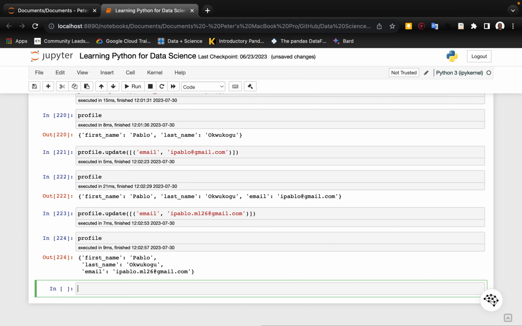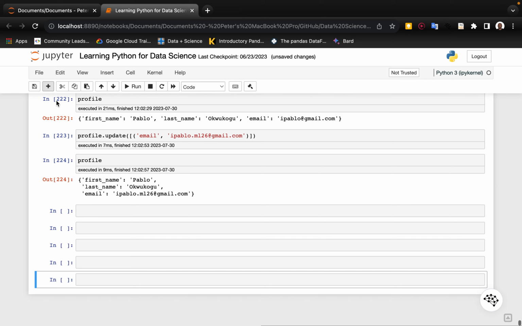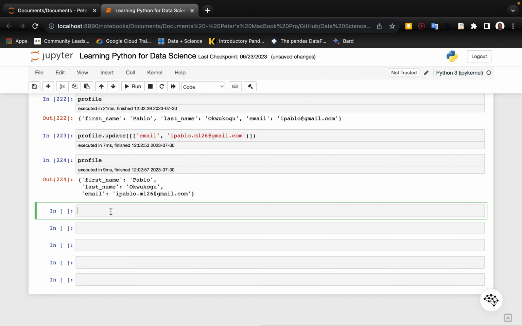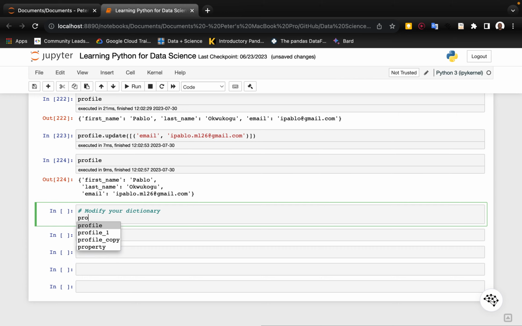So there's a couple of functionalities that we could use to wrap up. Finally, we can also look at, because this basically updates stuff within a dictionary, one final part: you can modify key value pairs. You can modify your dictionary, because a Python dictionary is mutable. So yes, you can modify your dictionary, and you can do that by simply saying, if I have a profile here